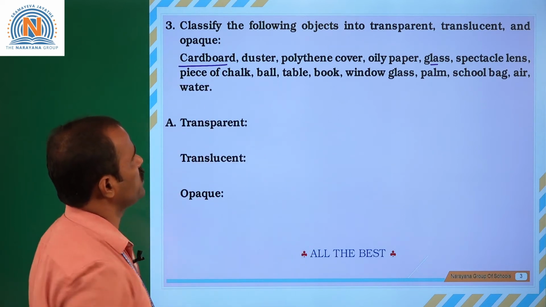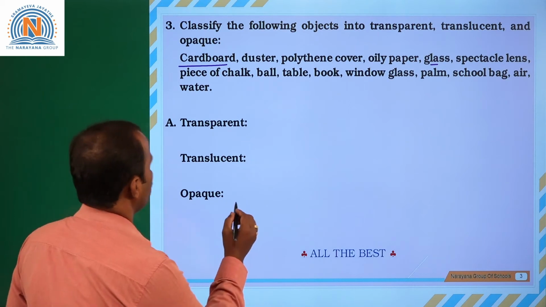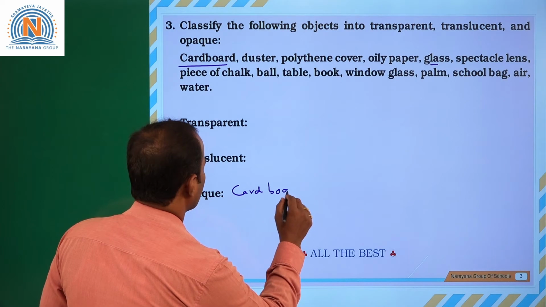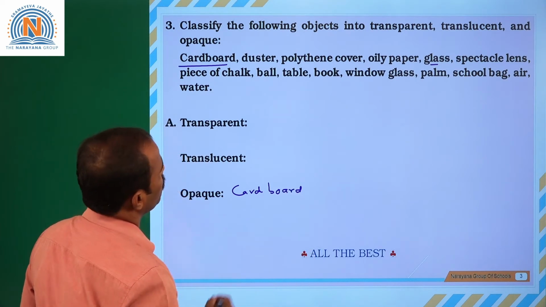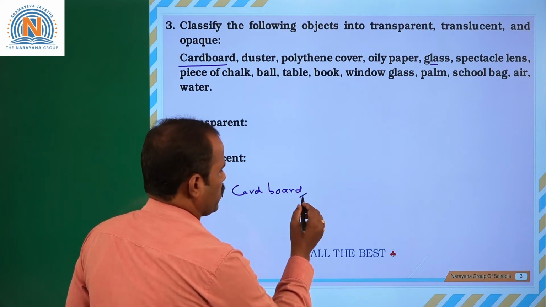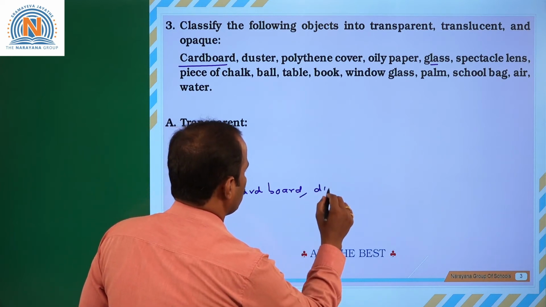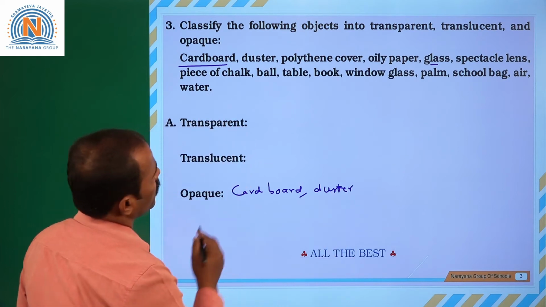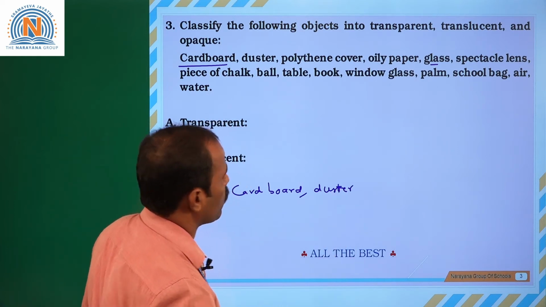Cardboard, cardboard is an opaque object, so it comes under opaque object. Duster also is a solid one, that is, it is an opaque object. Okay. Next to polythene cover.